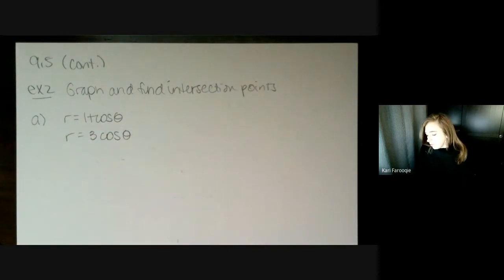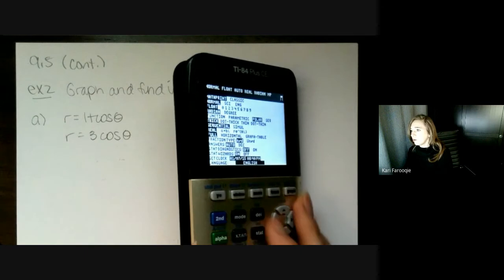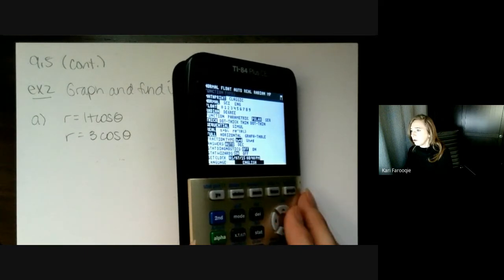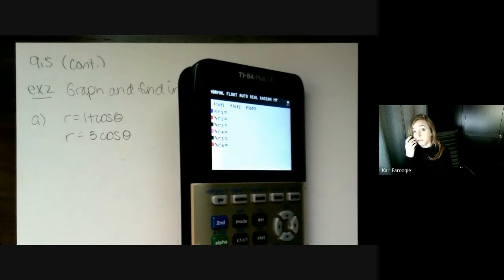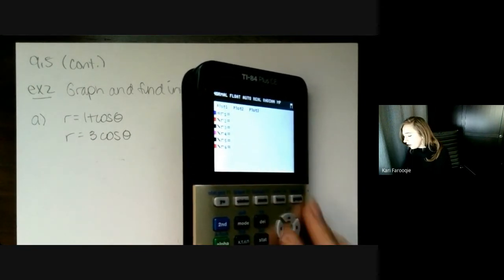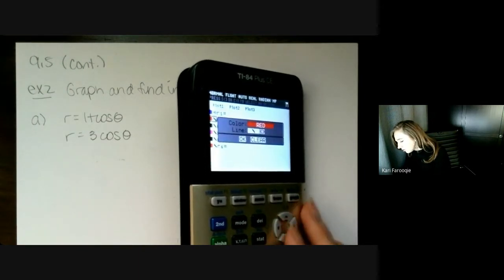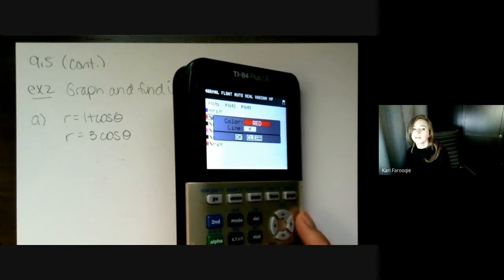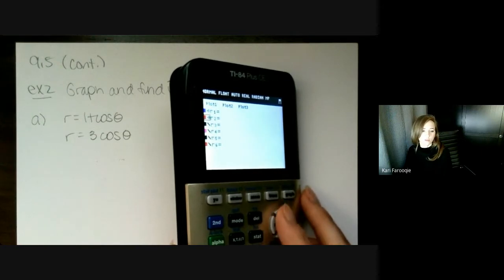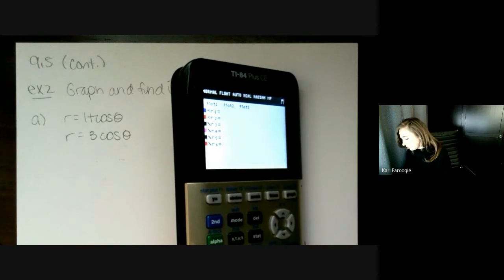All right, so I'm going to graph these in my graphing calculator. Remember, you should be in polar mode if you're not already. Hit the mode button and scroll down to polar and select that, so that instead of y equals, you end up in r equals. And I'm going to make both of these have this magnifying glass thing. I always call it that. I know that's not actually what it is, but I like that little guy. Makes everything so much easier to see. So the first equation is going to be 1 plus the cosine of theta.